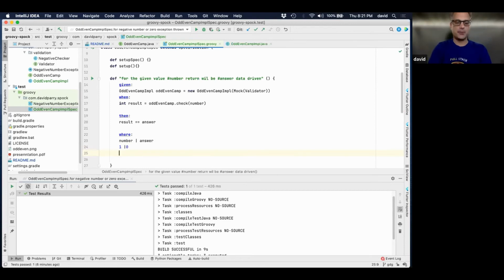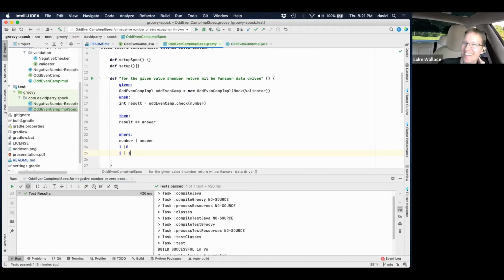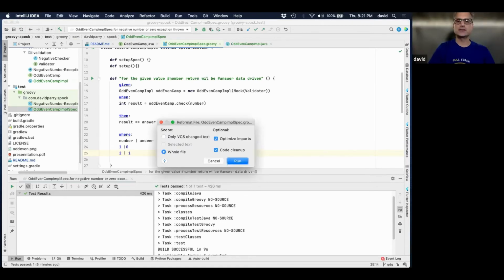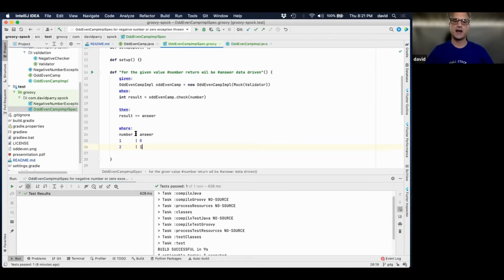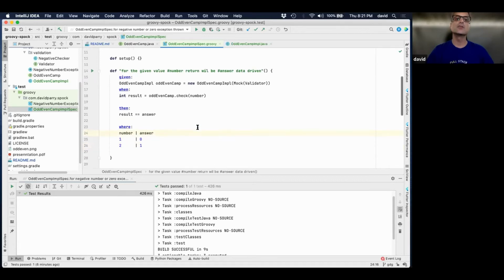It's pair programming. So I have the 2. So 2 should be a 1, correct? Yes. Yep. So now I can just do this quick thing, say optimize imports, clean up my code, and it knows about Groovy, and it just made a lot nicer table. See how it connected to that? So it knows the DSL. It knows how to do this table. I can add in more.